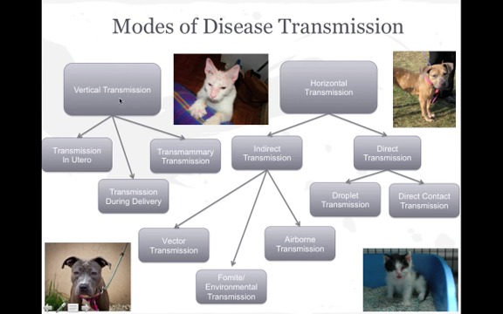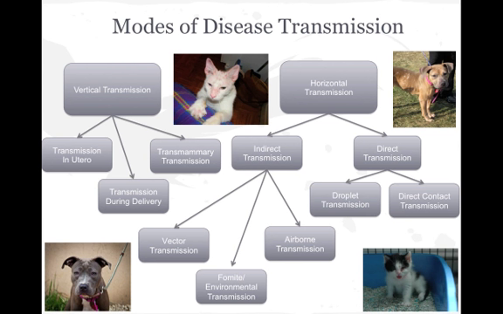Vertical transmission implies that disease is being transmitted from a mother animal to her babies. This can happen either while they're still in the womb, during delivery of the babies, or while they're nursing. There are actually a few diseases in which this is pertinent, but we're only going to discuss one of them today, and the bulk of our discussion is going to be on horizontal transmission,